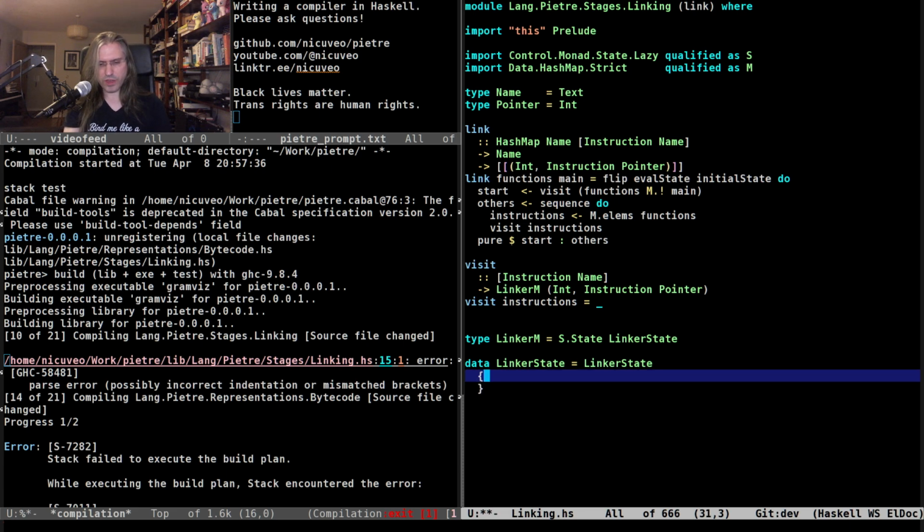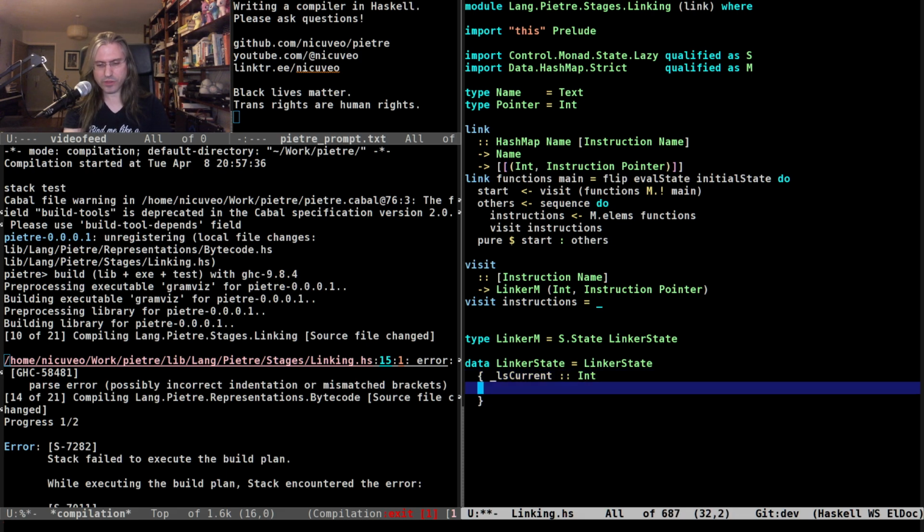We are going to need to carry the current address, which is basically the next available integer for an address that we can assign. So that's an Int. And how do we call the mapping from names to address?